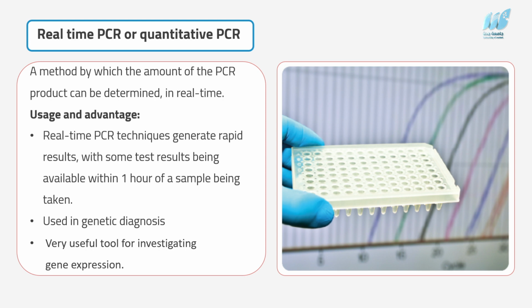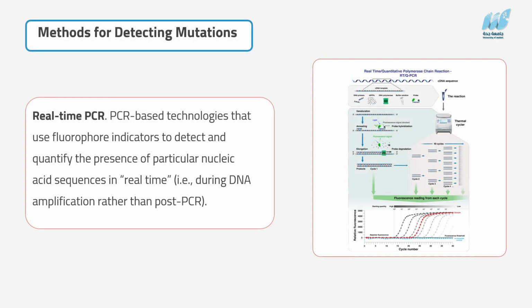The advantage of real-time PCR is that it generates rapid results, with some test results being available within 1 hour of the sample being taken. It is also used in genetic diagnosis and investigation of gene expression. Real-time PCR is also used to monitor the frequency of cancer cells bearing a specific genetic lesion, such as the level of PML-RARA mutation in patients with chronic myeloid leukemia, or the infectious load of certain viruses such as HIV